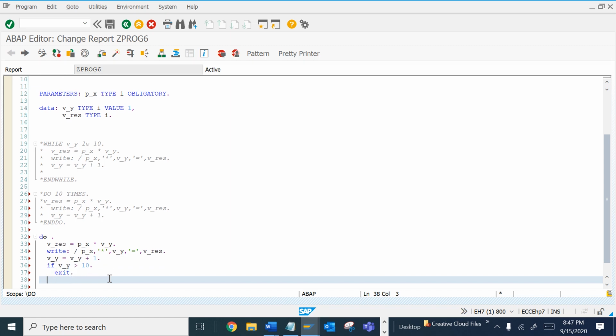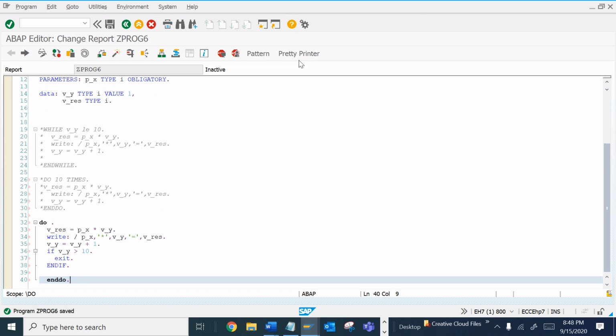So we will use the EXIT command. The EXIT command will come out of the loop when you press exit. Let's do the pretty printer and now activate. Now let's see the result. Hopefully it will be the same.